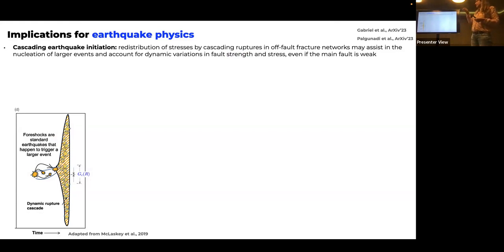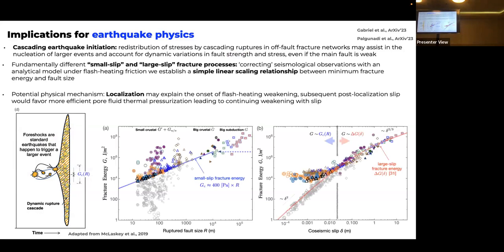So what we're seeing in the simulation is the main fault is weak, it's not optimally oriented, but the redistribution of dynamic stresses by off-fault seismicity can actually lead to the initiation of a large earthquake. We can also think about this even more fundamentally, and this is now linked to the physics that we put into this model, because we're proposing that there are fundamentally different processes driving earthquakes at small and at large slip scales. So what we did here is that we've been correcting